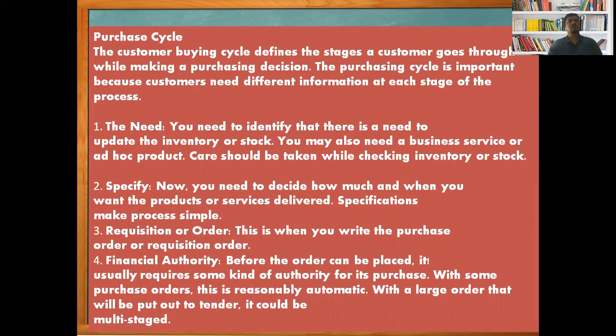The first of all is the need. As per the production, as per the requirement of the material, we have to identify needs. If I want to do the production, what raw materials are required, what basic raw materials we can get from where, which is the location and which is the best supplier. I have to identify whether it is necessary to purchase the material. That is called identifying the needs.